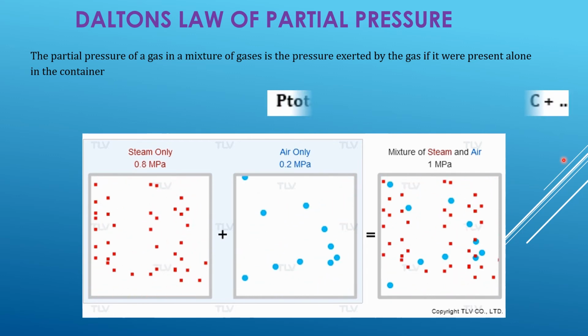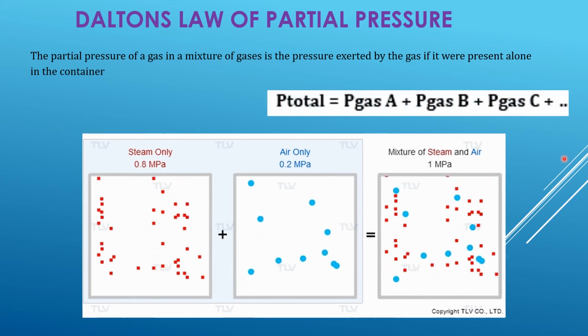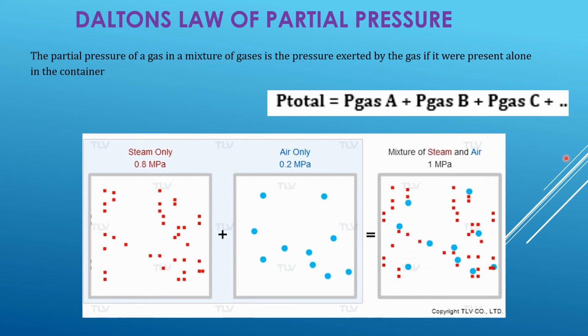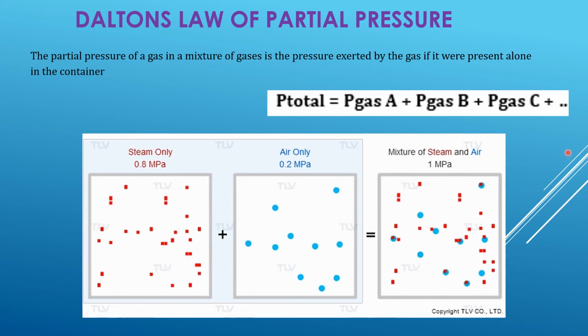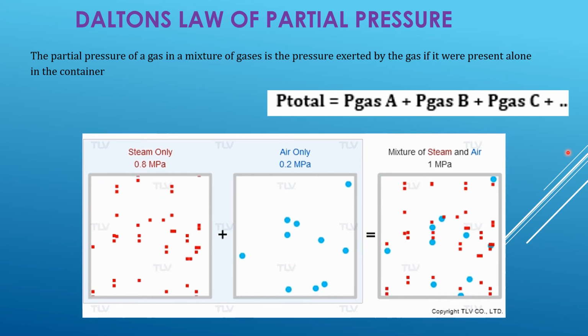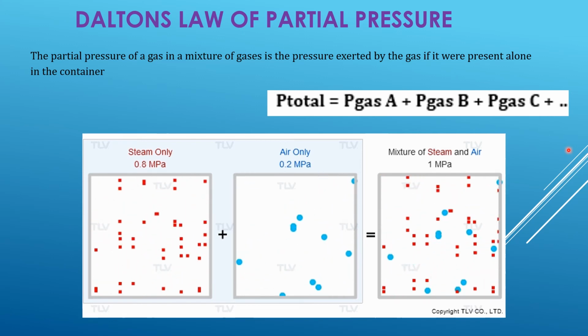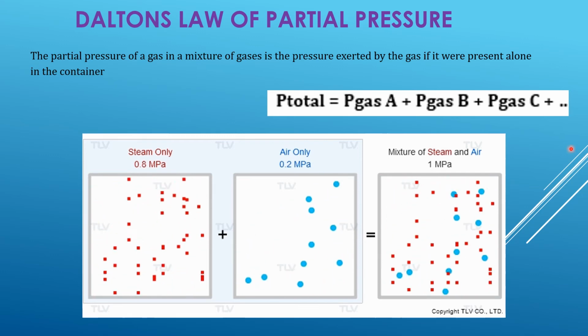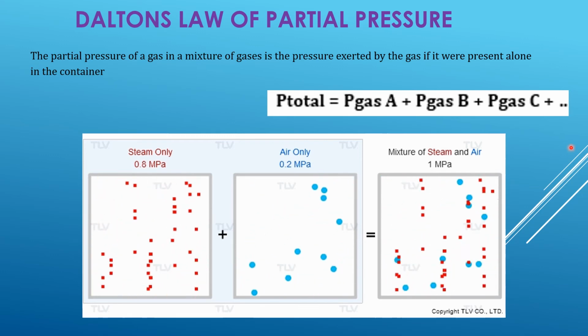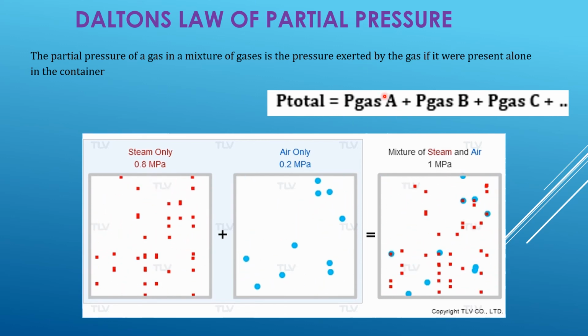So when we write the equation, it will read as such. The total pressure in a mixture will be equal to the pressure of gas A plus pressure of gas B and so forth. So the sum of the pressure of each gas will give you the total pressure in a mixture,